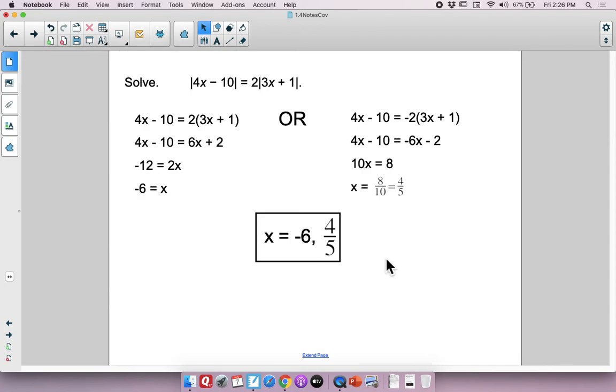By the way, if you're on a quiz or test and you're running out of time, maybe you don't check both of these. Maybe you plug one in and hope that you probably got the other one right. Chances are if you got one, you probably got both. And then if you had time, go back at the end and check them both.